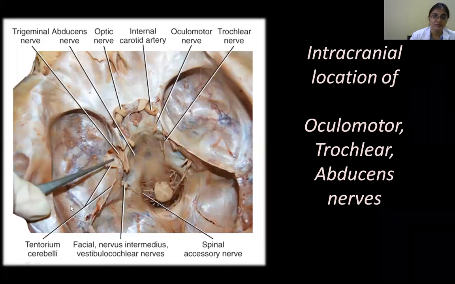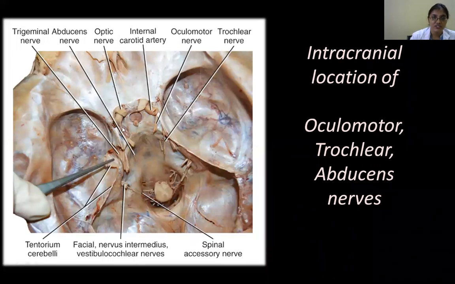This part here is the petrous part of the temporal bone. Here they've elevated a part, the tentorium cerebelli. I hope you understood what this is, a foramen magnum, and they just cut the brainstem. So what you're seeing is the spinal cord here. And you can see there are so many foramina through which the nerve fibers exit. So the cranial nerves exit the cranial cavity through foramina and fissures.